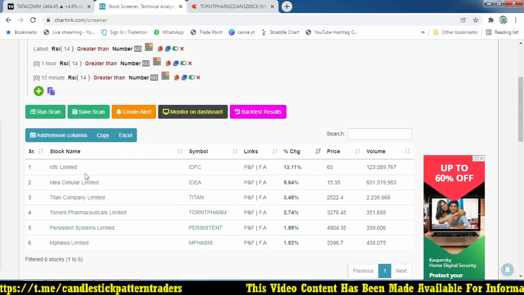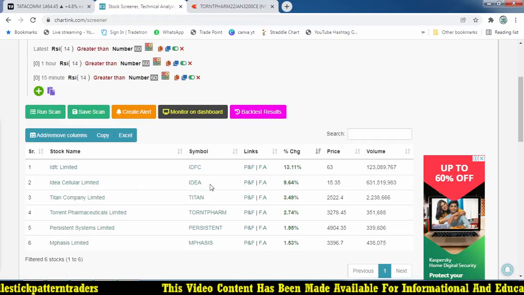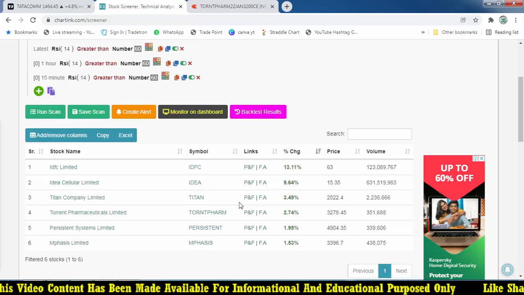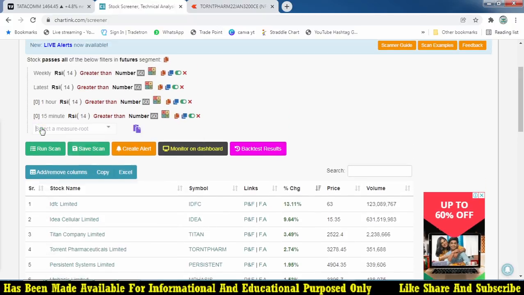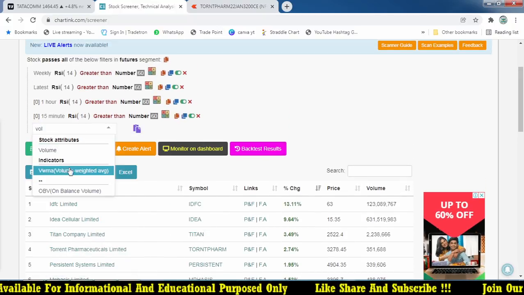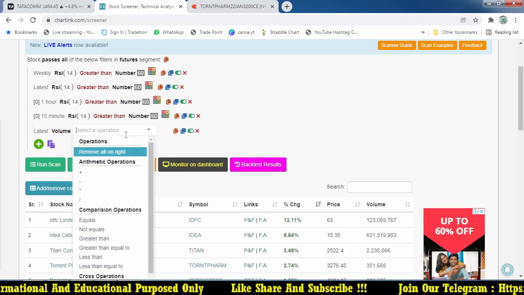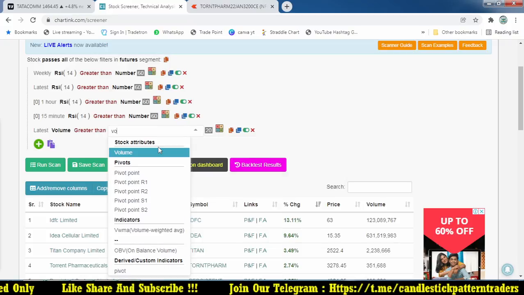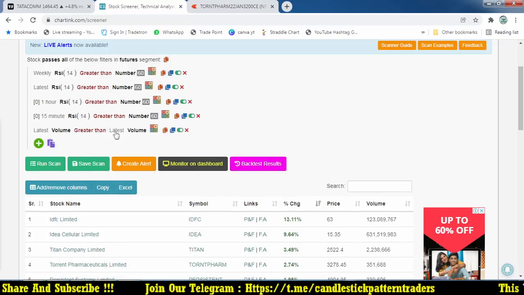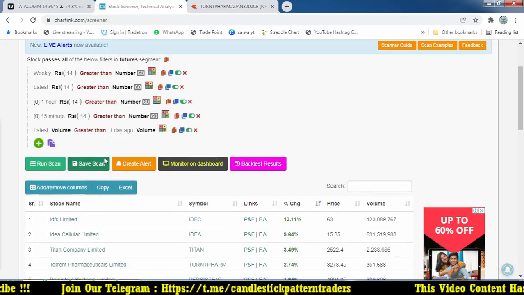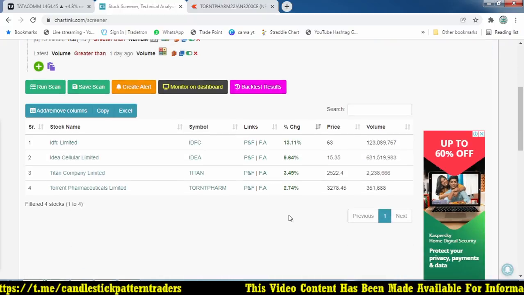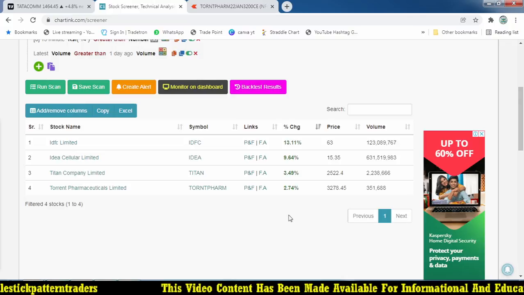What are the stocks? And I'm not going to focus on IDFC and Idea Cellular because they are very low volume, low value stocks. Not focusing on them for option trade. So let me try with the volume factor. The latest volume should be greater than the volume of 1 day ago. So volume also plays a major role while we are playing with options. So can we see that only the stocks we got are IDFC, Idea Cellular, Titan, and Torrent